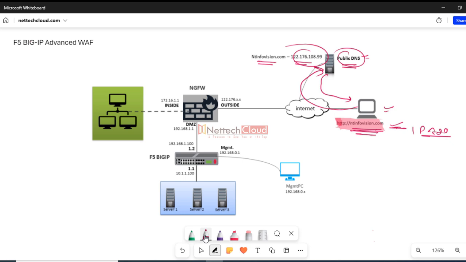So let us assume there is no issue with the routing. So what happens next? Client machines then send a request packet to the same IP, that is 122.176.108.99 public IP address, right? And on the firewall, destination NAT is configured to translate the public IP address